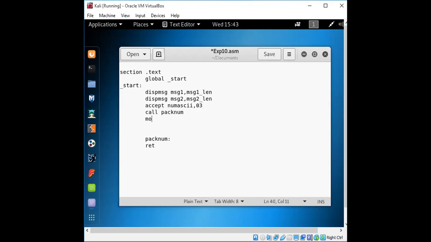Okay, and then after taking this value, we need to put it in the first operand. So we need to check it in the BL. Display message with the second operand.